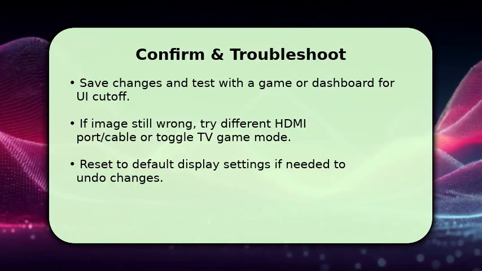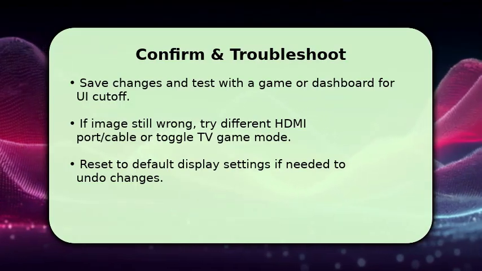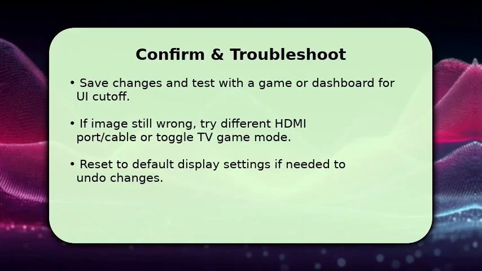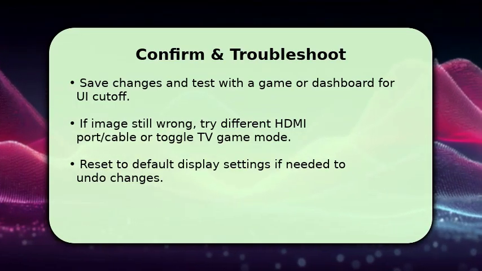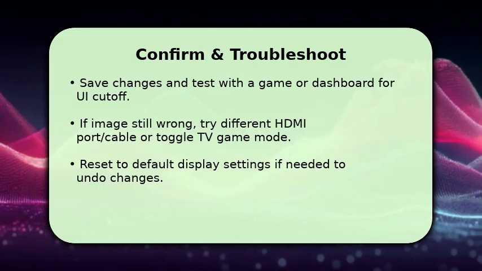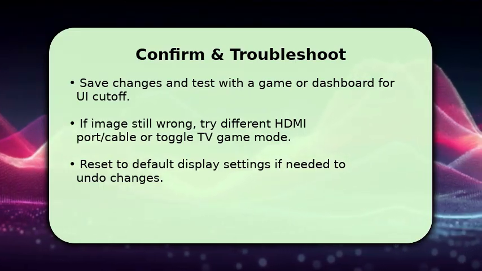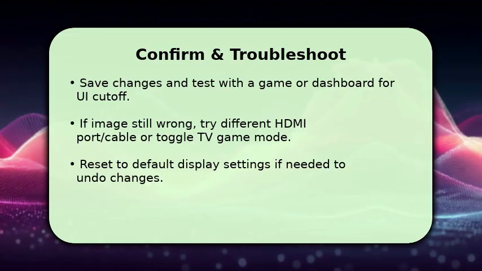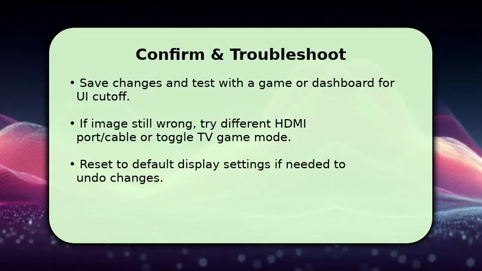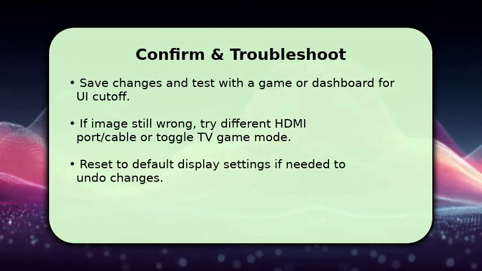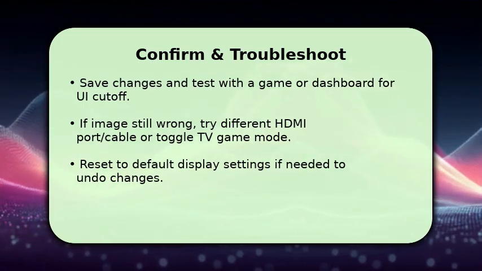is cut off. If elements are still off-screen, make sure the HDMI cable and port are secure, switch ports, or enable your TV's game mode, which reduces scaling. If colors or size behave oddly, return to Settings and reset display to default, then repeat calibration more gradually. One quick troubleshooting tip: try a different HDMI cable or port before